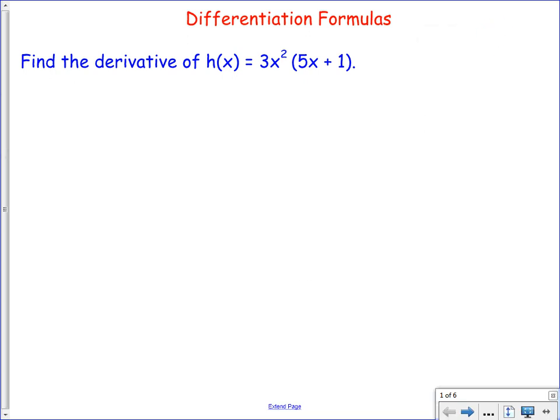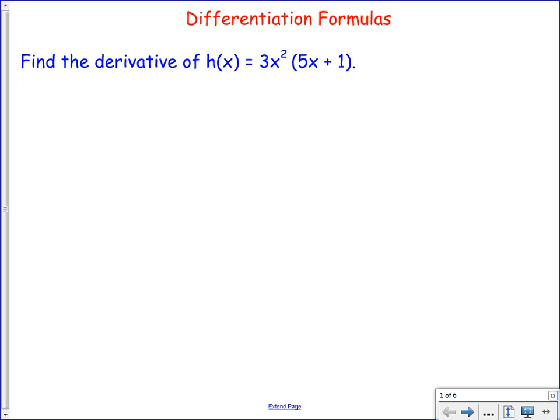Hi everyone. In this video, we're going to talk about two more rules for finding derivatives. You can also think of these as differentiation formulas. We're going to talk about what's called the product rule and the quotient rule. Now,